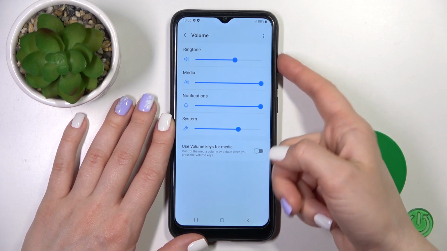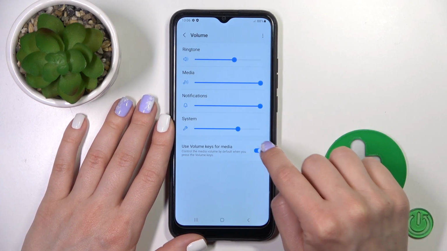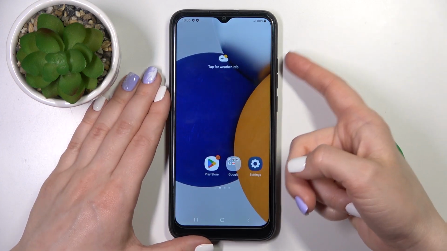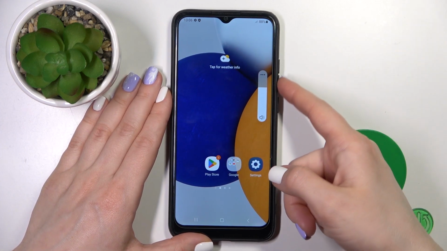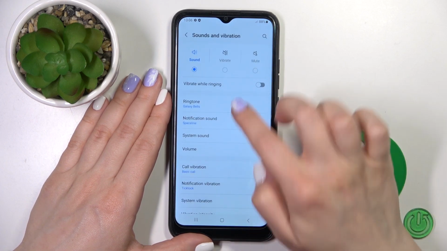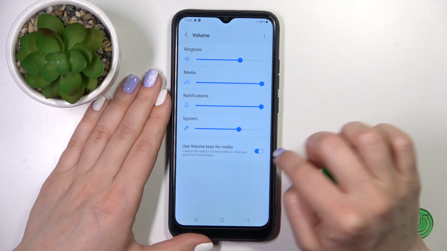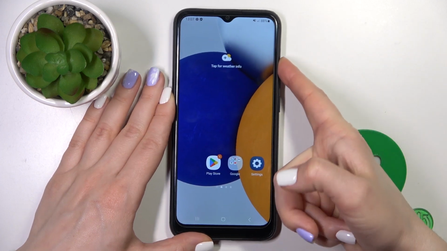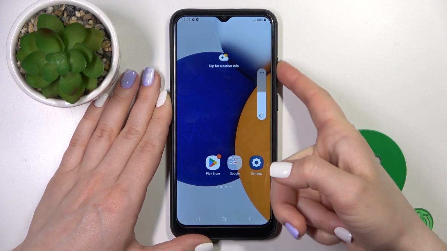Also you could do this with the help of the volume buttons, but first turn off this switcher to use volume keys to change the ringtone volume, and now with the press of the up volume button we just successfully unmuted